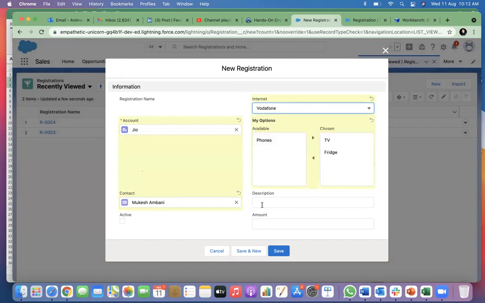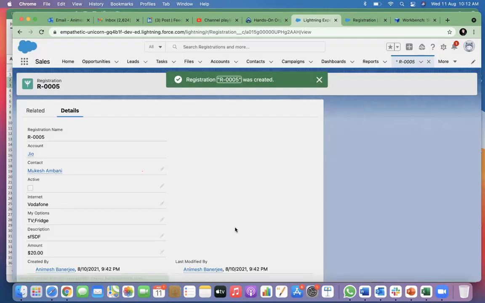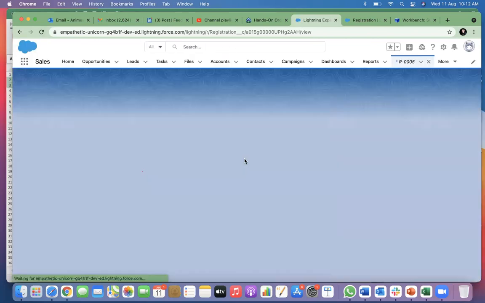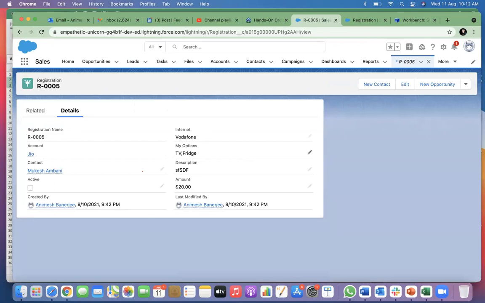I say Vodafone, description something, numeric. Yeah, this will also reorganize. After some time, it will show up. Yeah, it says formatted, so page layout takes some time. Yeah, now it is showing up. Yeah, it is now 2-column layout. You organize that in page layout.